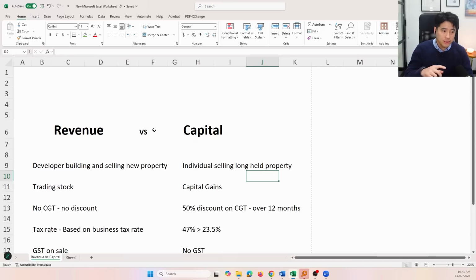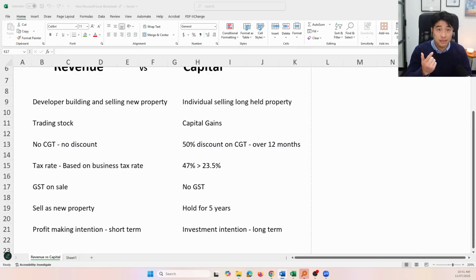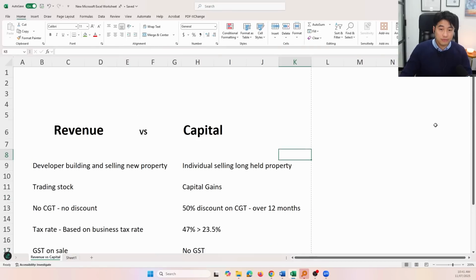That's my job. The main goal for me is to talk about the taxes when it comes to development and investment. We're talking about you buying a property, knocking it down, rebuilding, or your plan is to knock down and rebuild. Not just buying a property and holding it and then renting it out. When you're buying a property just to rent out, it's an investment. It's on capital gains tax. If you hold it for more than 12 months, you get a 50% discount. If you decide to move in, it's exempt from taxes because it's your home.